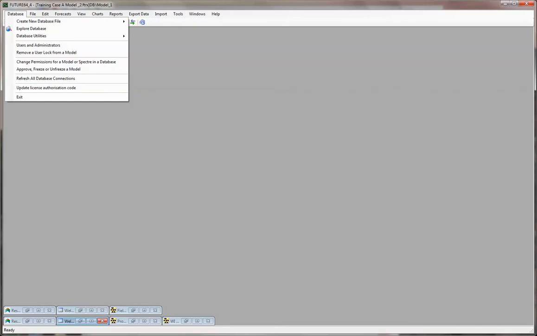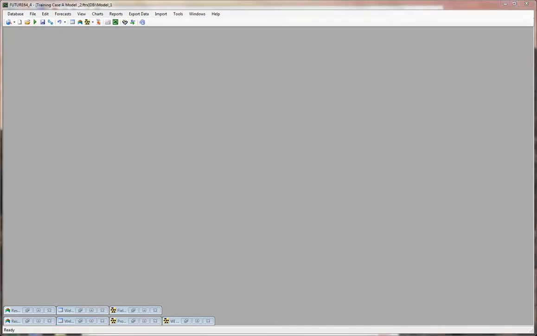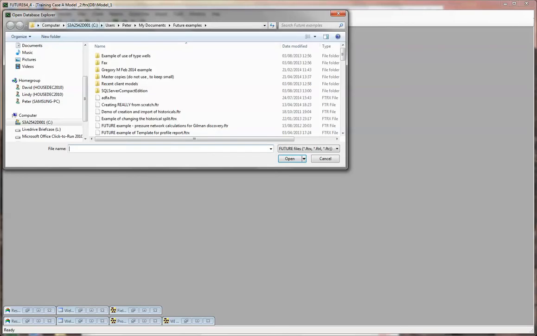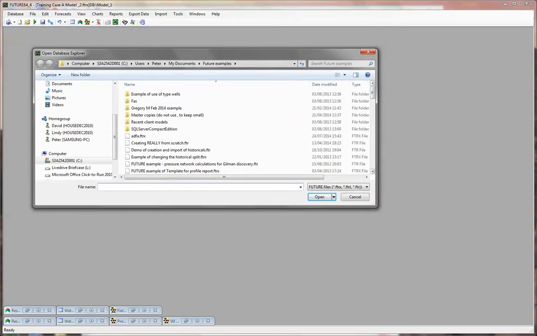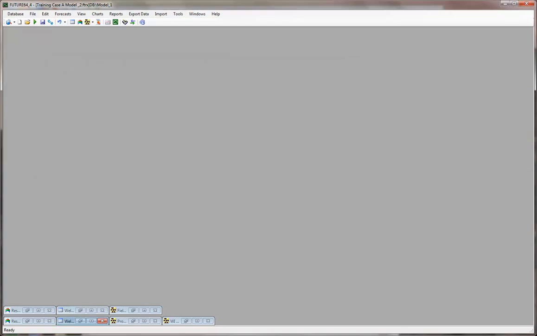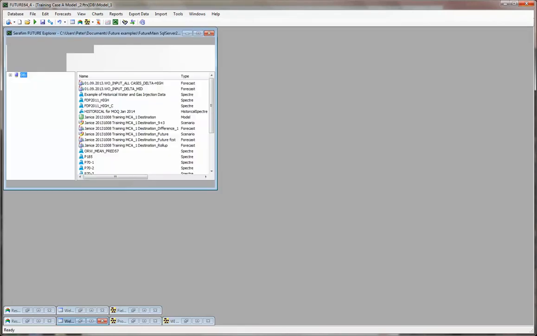On the main menu, if you go to Database and then Explore Database, then you can point to Future databases. If it's an FTRX file, this is a small standalone file-based database. If it's an FTRL file, this is a login to a server-based database such as Oracle or SQL Server. So here I'm opening a server-based database,